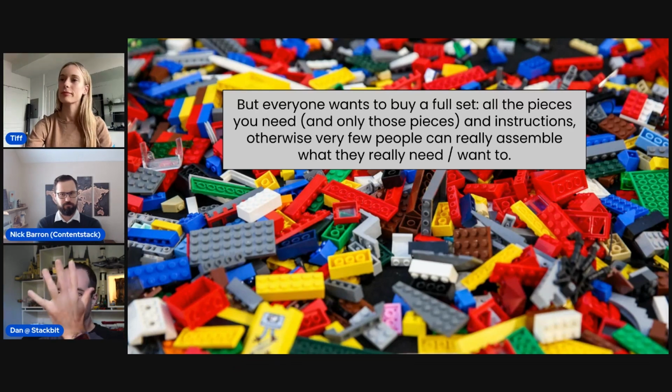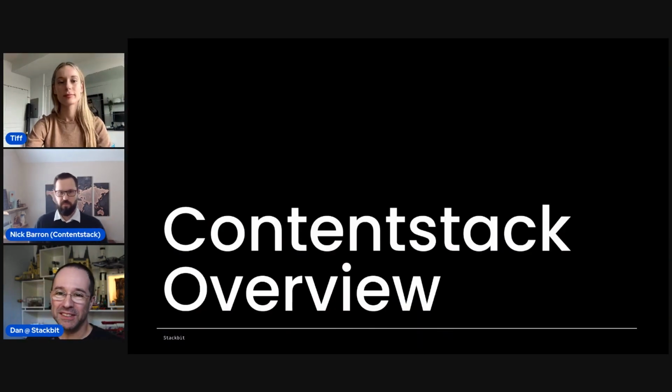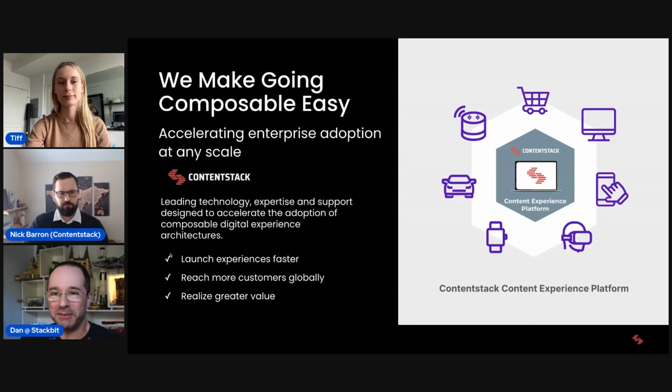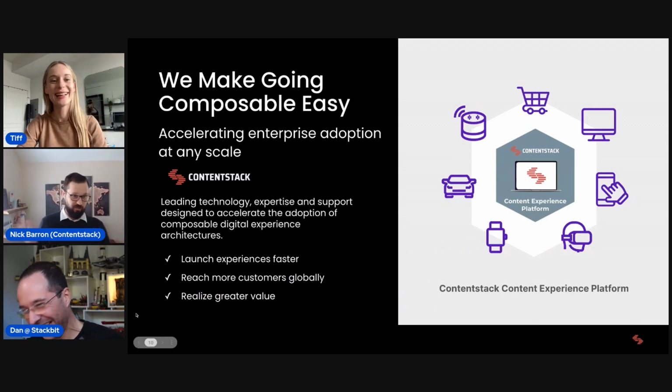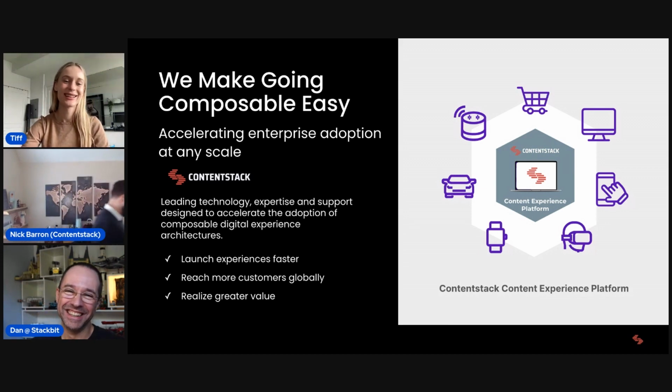So yeah, Nick, give us the breakdown on Contentstack and tell us all about it. Sure. So in a completely unbiased vision, we are the greatest of all of the headless content management systems, right? So what does that mean, right? From a quick definition perspective, the first thing that we need to know is that there's no front end, right? When you're going with a headless platform, hence the name.